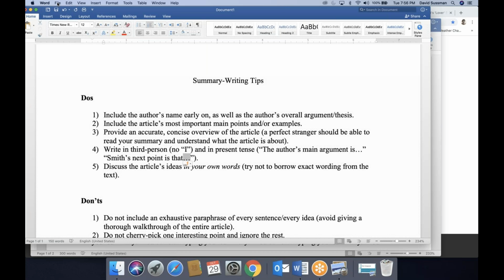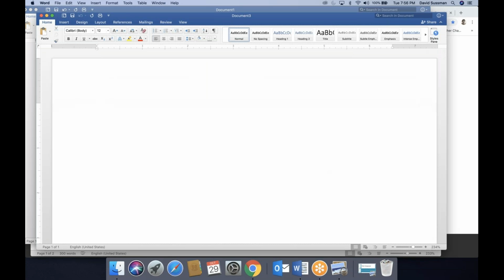I'm sorry if this is a little bit confusing, but I'm going to open up another document. Overall, lots of pieces of writing have some sort of introduction, which is typically the first paragraph, sometimes the first 2 paragraphs. And then there are supporting points. It's not just one supporting point. There are several supporting points. There might be 3 or 4 or even 5. And then ultimately there's some sort of conclusion. Again, I think a lot of you know this. Some sort of introduction or beginning, some sort of conclusion or ending, and then in between is the meat, the body. So whichever of the 5 articles you choose, they're going to follow this structure.